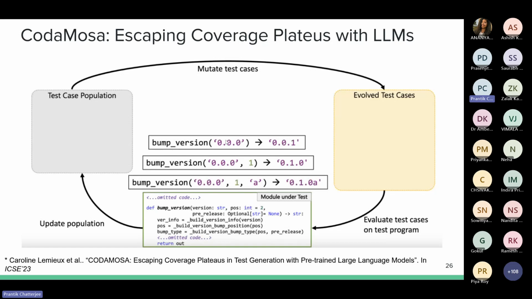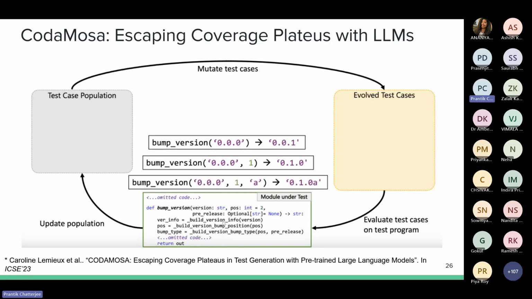If you call it with a string which looks like 0.0.0, it will give you back the output 0.0.1. You can also specify a certain position. If you specify position 1, then it will update the software version to say 0.1.0. And you can also specify a pre-release, which is 1a, and it will say 0.1.0a. So that is the bump version program.